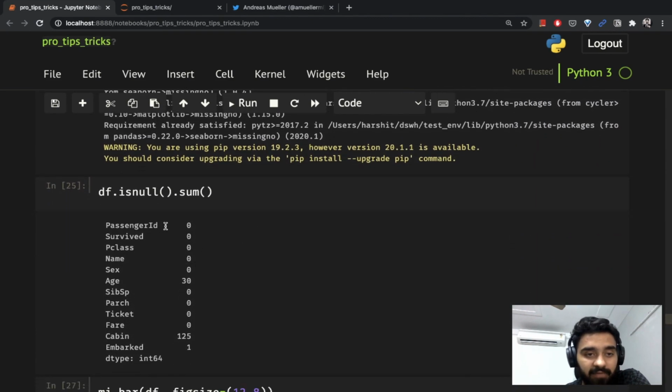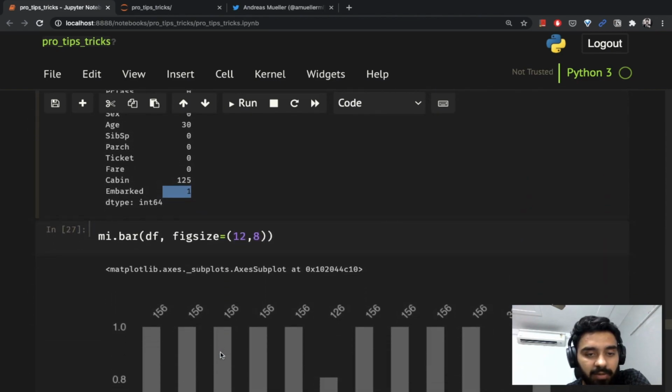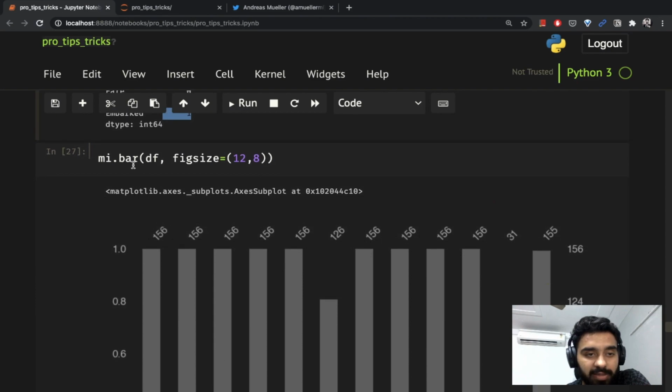Then I'm using the same Titanic dataset over here. First off, I am trying to find out what the null values are, and I'm summing all the null values in each of the columns. So I see that age has 30 null values, cabin has 125 null values, and the embarked column also has one null value. In order to visualize this better, I have imported